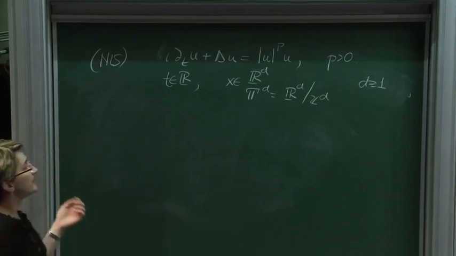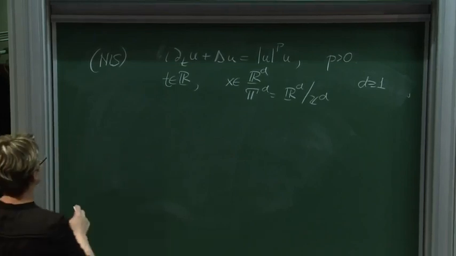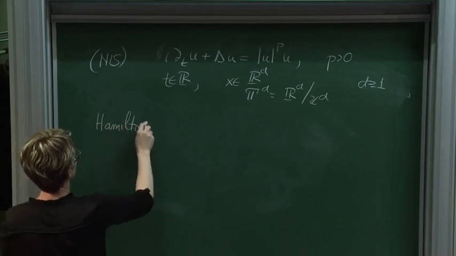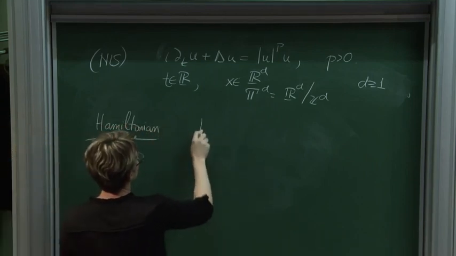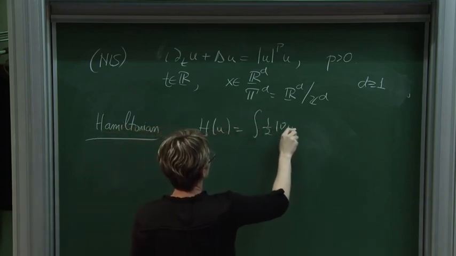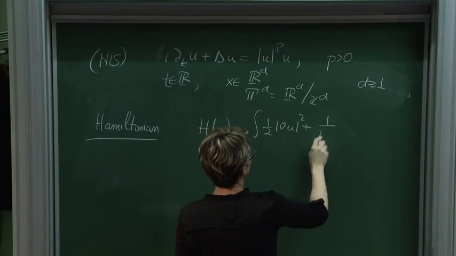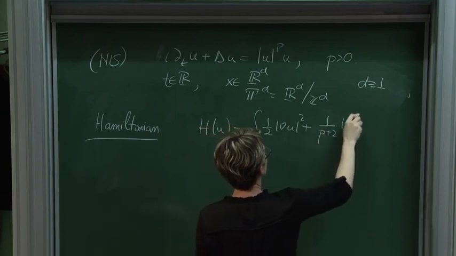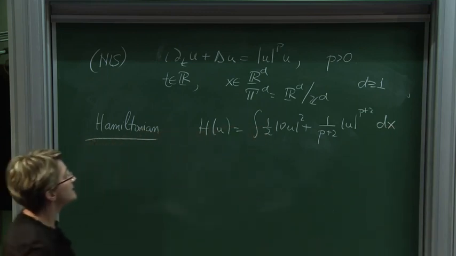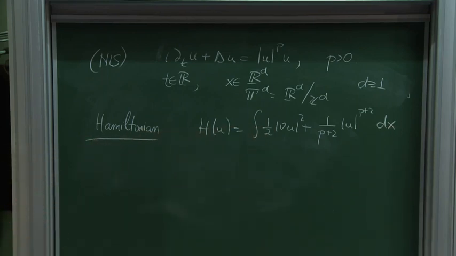Okay, now this equation is Hamiltonian. The Hamiltonian is H of u, the integral of half of the gradient of u squared plus 1 over p plus 2 times u to the p plus 2 dx. And the symplectic form with respect to which NLS is seen to be Hamiltonian with this Hamiltonian is the following: